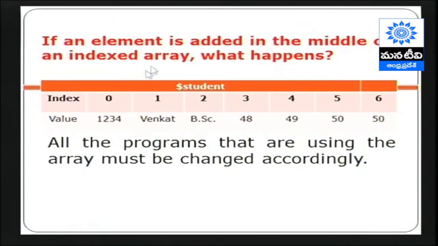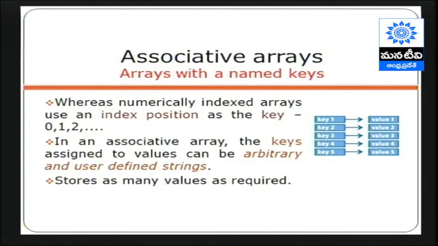If you are using an indexed array and you add an element in the middle of the array, it will be difficult for the programs which we have written previously. We have to change all the programs that use the indexes for their processing, which is one of the limitations of indexed arrays. To overcome this, PHP provides a new type of array called associative arrays. Instead of using indexed keys,